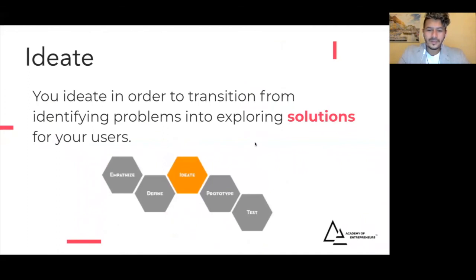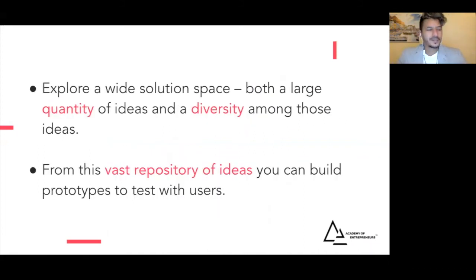Okay. And then we go with the ideate. So you identify the needs, you have an insight, so you have a pretty clear understanding of the who, of the customer and the problem they have. Now you move into the next phase, which is finding solutions or exploring solutions to solve that specific problem, okay? So here is where you go more into the volume of ideas instead of the quality of ideas. And usually you do this with your team, if you have a team. Otherwise, you do it by yourself, okay?